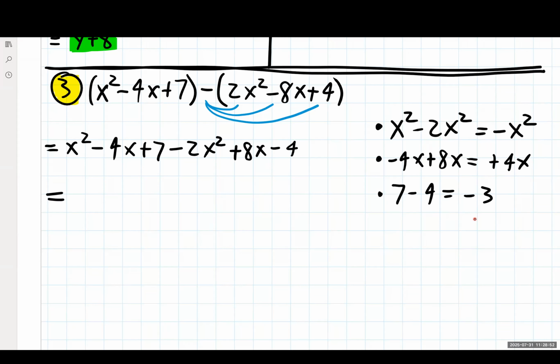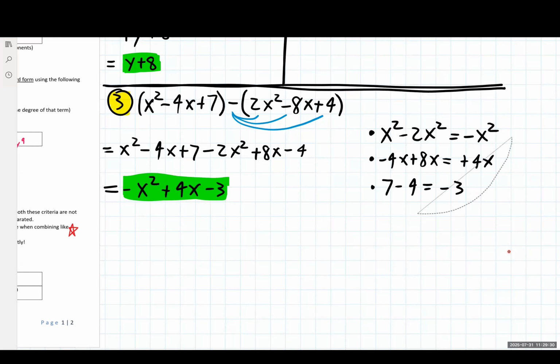So standard form is alphabetical order by descending powers. I'm noticing that I have two terms with x in them, so these are going to go first. But which one is going to go in front of the other? Well, that's going to be the one that has the higher power, the higher exponent attached to it. So I'm going to have this negative x squared in front, and then I'm going to have the plus 4x. And then the constant terms are always going to go at the very, very end, furthest right.